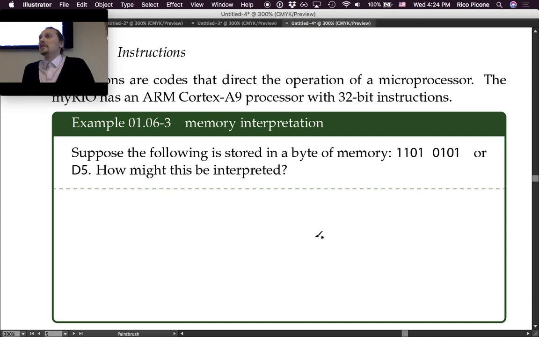Depends, right? Depends on what you put in there. You don't know what it's supposed to represent unless you know what you were trying to represent when you put it in there. So that's why if you find somebody's encrypted drive, you can't just look at a byte. You could read all the ones and zeros. That's fine, but you have no idea what it's supposed to represent, so you're totally screwed. You have to know what you put there in order to be able to read it. So, for instance,